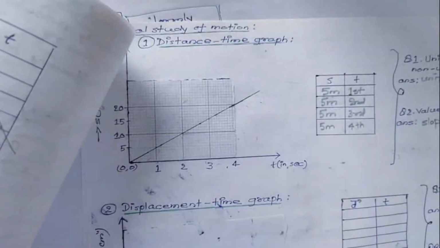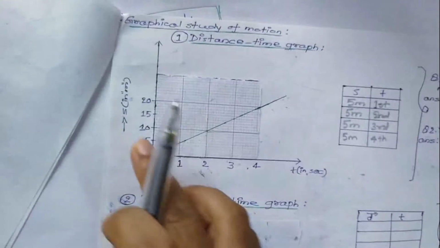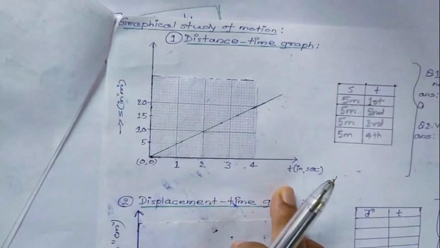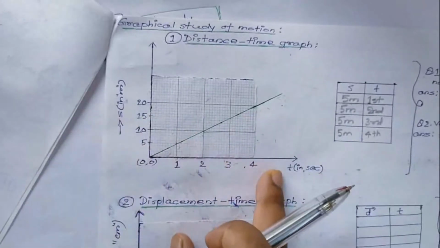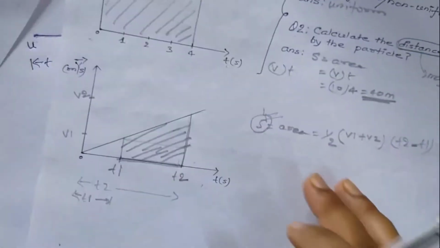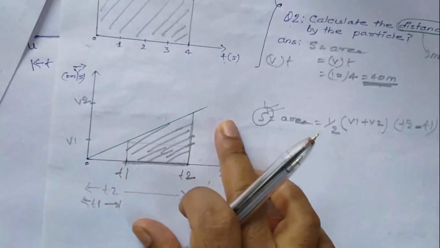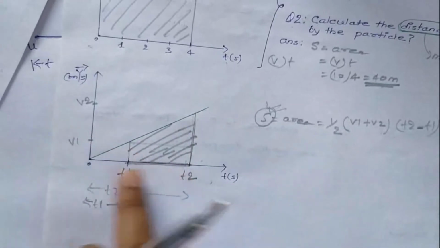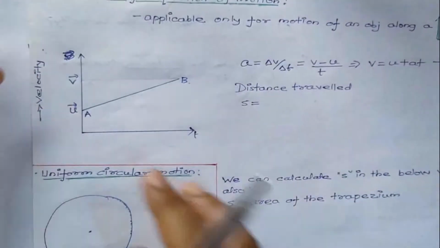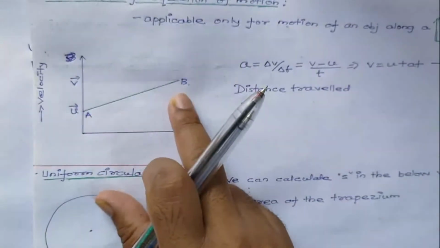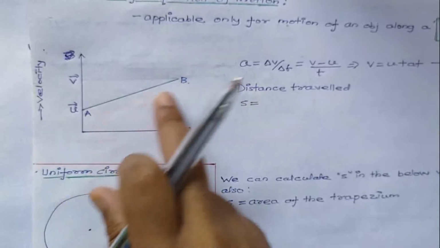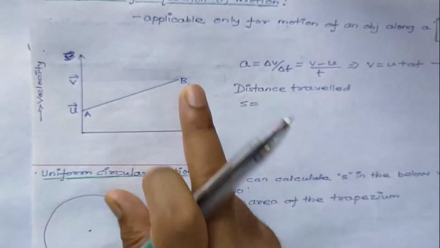We have already studied for any uniform motion, suppose we are given a distance time graph. So speed is uniform, right? From s by t, we can calculate speed. In the same way, here also this is uniformly accelerated, v by t is constant. So here also the same case. This is a velocity time graph and the graph is a straight line. So this tells us that the motion is uniformly accelerated.